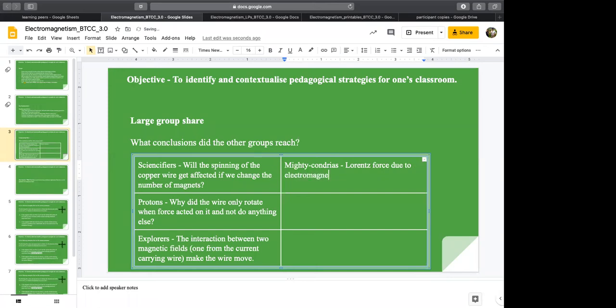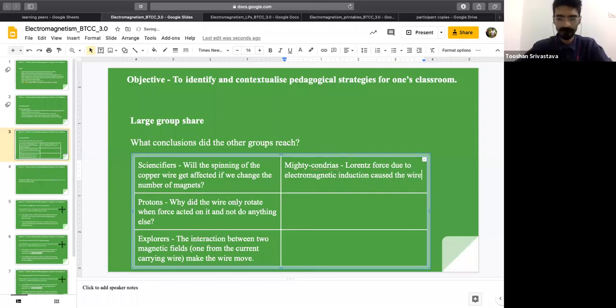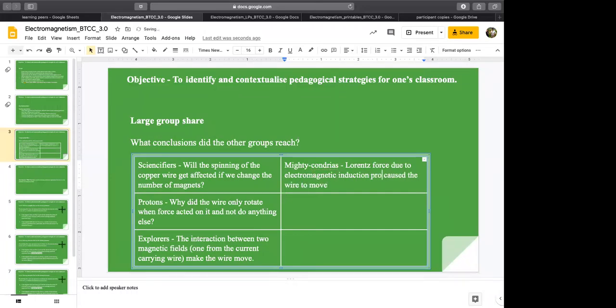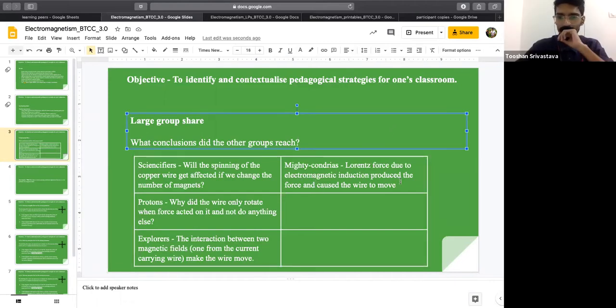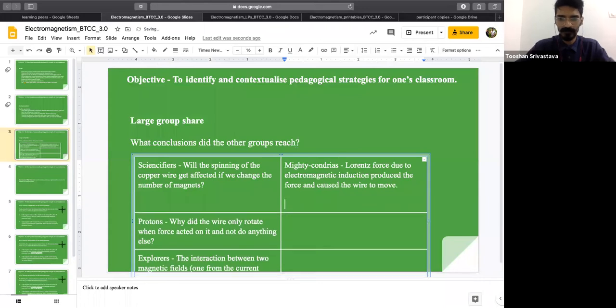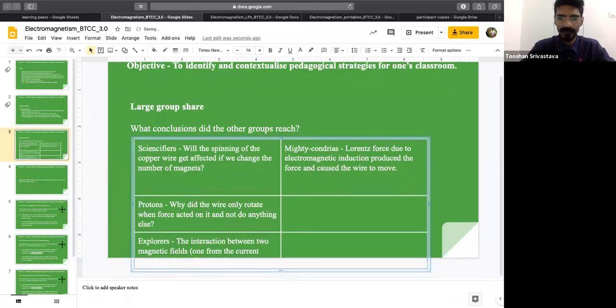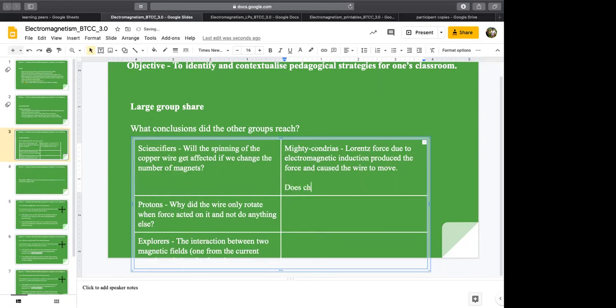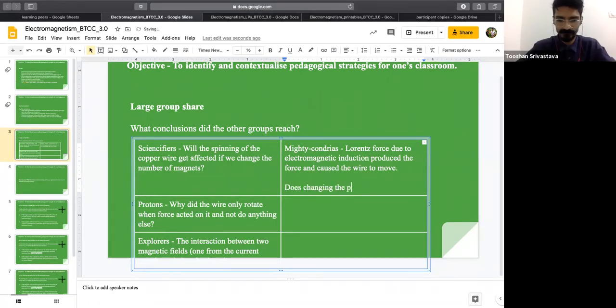In terms of the question, I think this is very basic, and it probably highlights that based on the two different pictures, we could see that the magnet is placed midway across the cell, and in the first one it is placed right across the end of one polarity. Does that make any difference to the phenomena that is exhibited? Okay, so sorry, one was your hypothesis that there was a force due to the electromagnetic induction and that caused the wire to move, and the other was about the placement of the magnet, right? Yes. So does changing that bring any change? Correct.